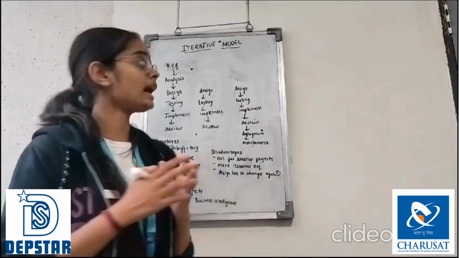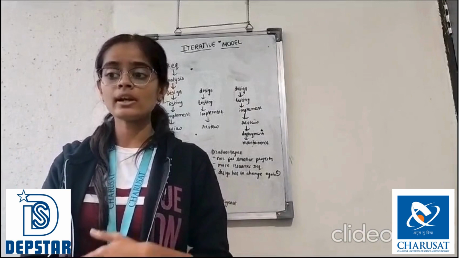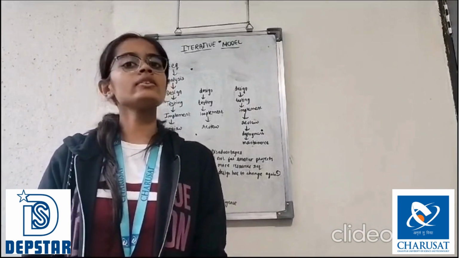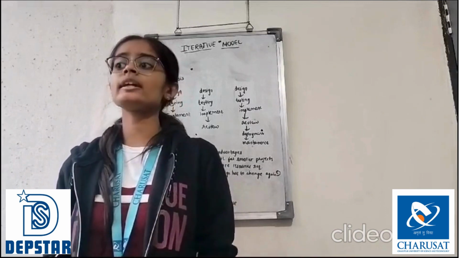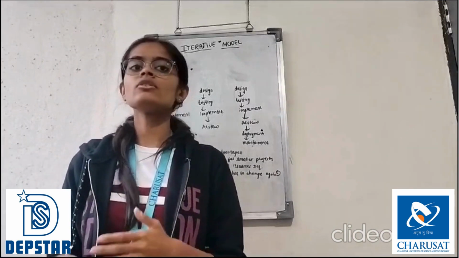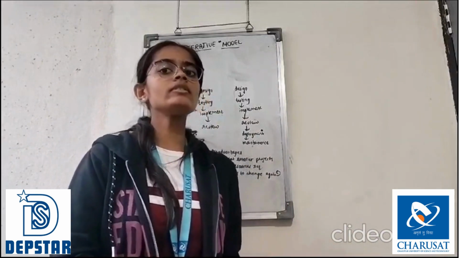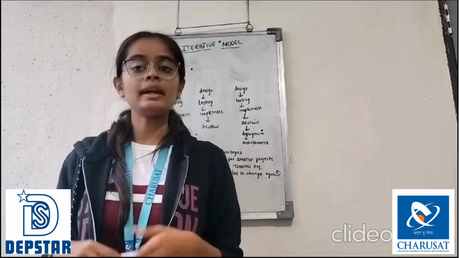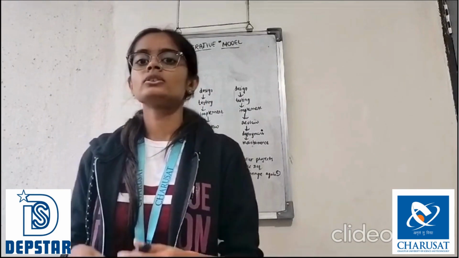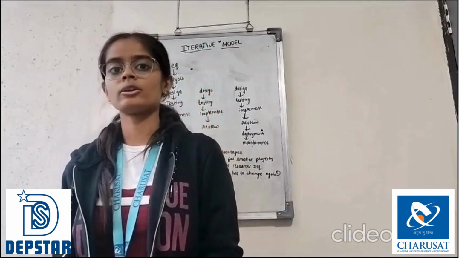Now let's discuss the iterative model. Consider the client has given some software requirements and we have to create software out of it. We have created the first version of the software. Now the client wants some additional features added into that software. We will not make whole new software out of it, but we will just make the change in the first version of it and make the new version of the software. That is the system followed by the iterative model.